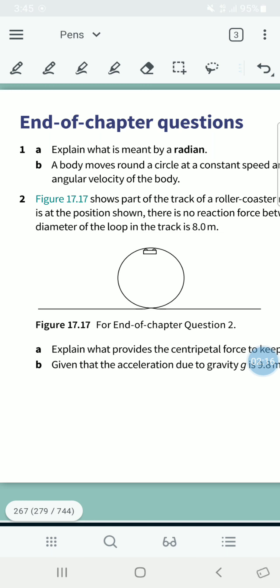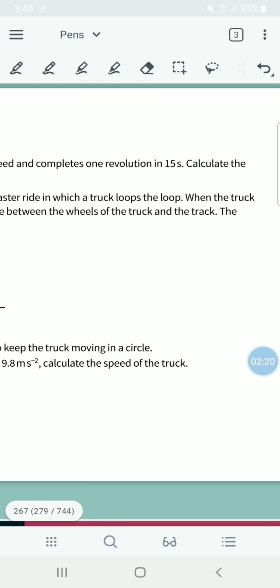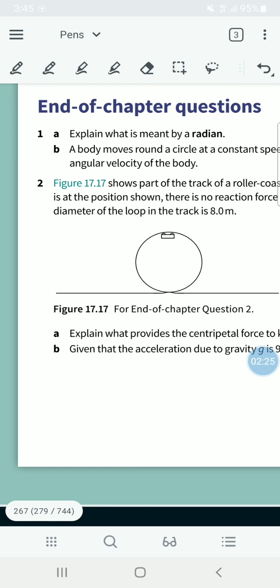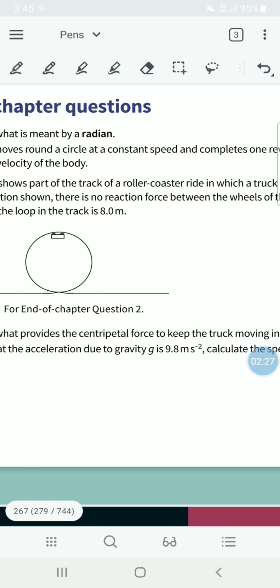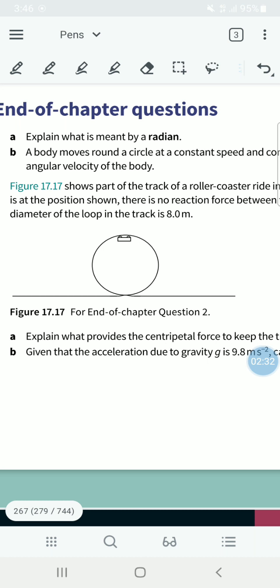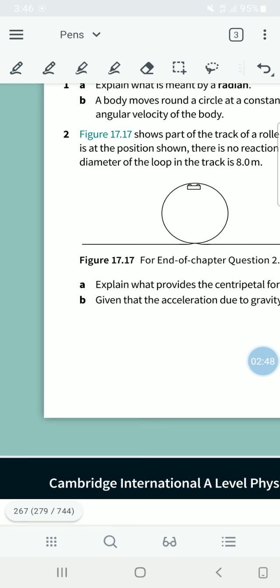Figure 17.17 shows part of the track of a roller coaster ride in which a truck loops the loop. When the truck is at the position shown, there is no reaction force between the wheels of the truck and the track. The diameter of the loop in the track is 8 meters. So at the top you have the roller coaster, it goes all around, and the diameter of the loop is 8 meters. And they are asking, explain what provides the centripetal force to keep the truck